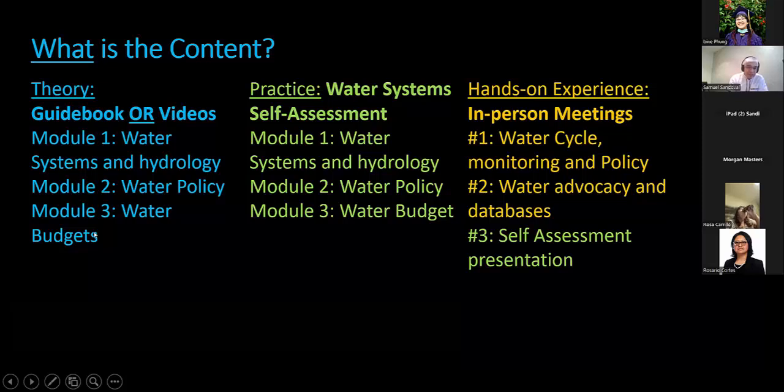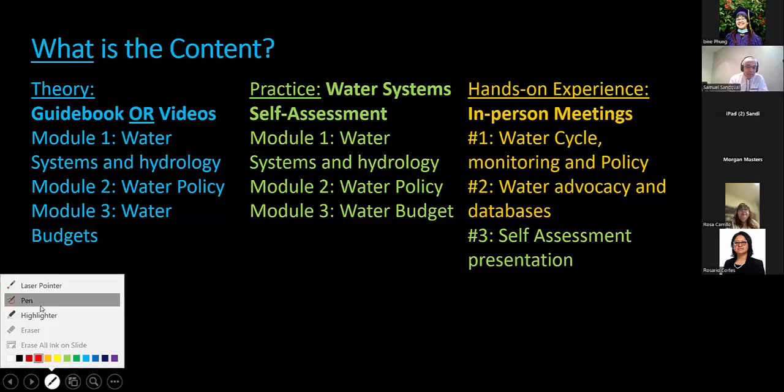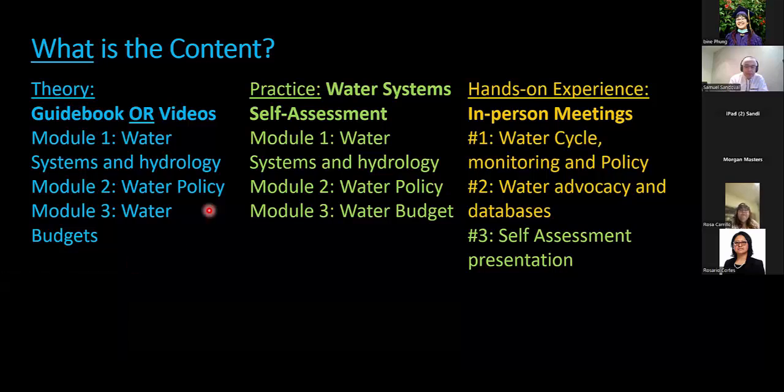Associated with this is the homework part of it, which is this kind of water system self-assessment. You're going to choose your water system, and based on your water system, you're going to collect data and describe your water system, wherever you are.